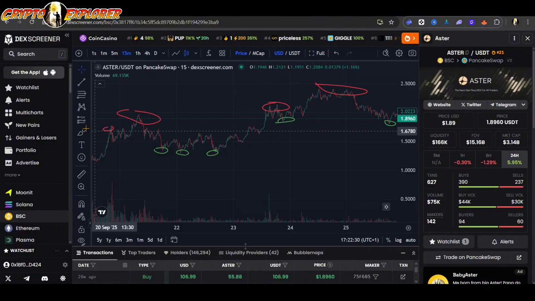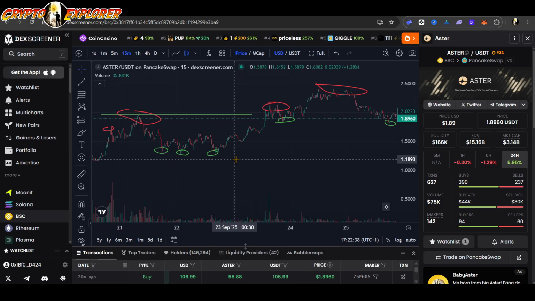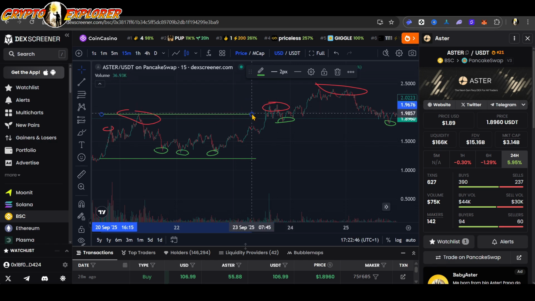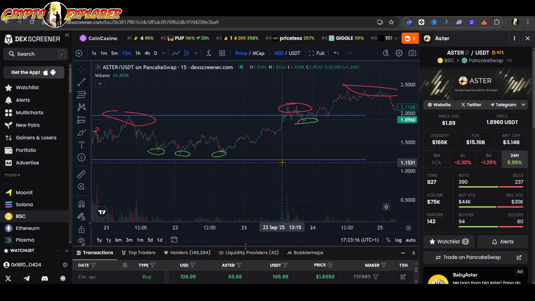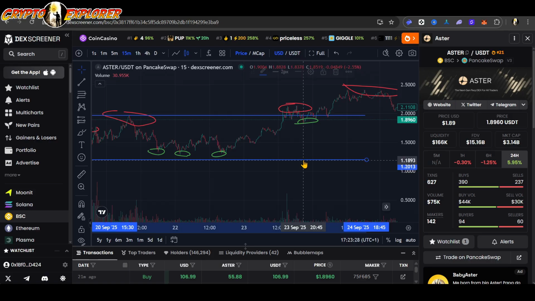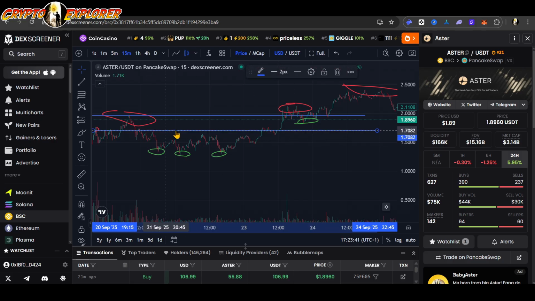So this is the moment where, let's say, if you had a range before that was according to this resistance, so let's say you had something like this, now you are going out of range, right? So okay, this makes everything much clearer. Now this range would still allow you to generate fees, but if you want to work with a narrow range, actually you could readjust at this point in time, because you see that the previous resistance became support, so you can actually move this up to the current support, or if you want to be a bit more conservative and have a little bit more leeway, you can actually match this with previous resistance, lower resistance levels in the past,